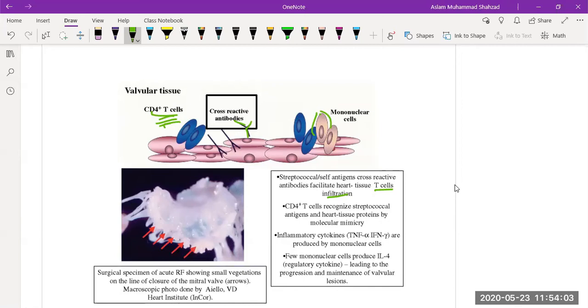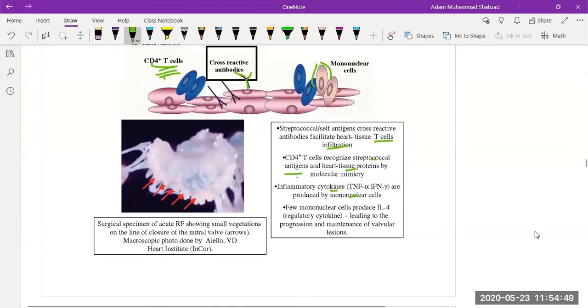CD4 T cells recognize streptococcal antigen and heart tissue protein, and then they are responsible for the production of inflammatory cytokines such as tumor necrosis factor and IFN gamma, which is interferon gamma, produced by mononuclear cells. And then a few mononuclear cells produce interleukin 4, which is a regulatory cytokine leading to progression and maintenance of the valvular lesion. So the surgical specimen of acute rheumatic carditis shows small vegetations,